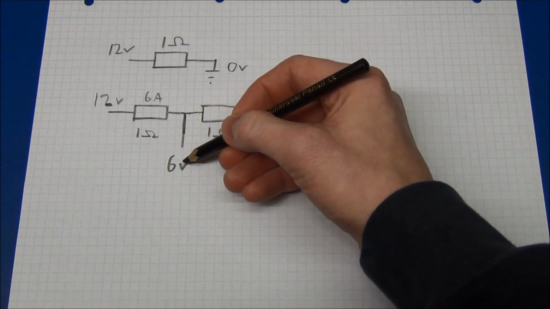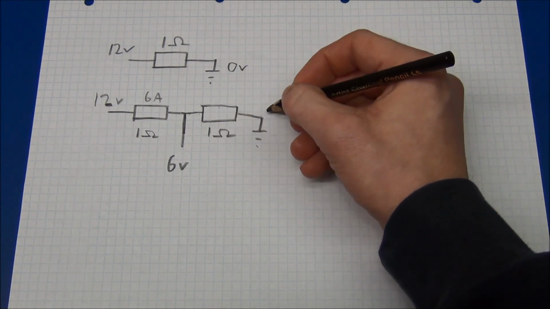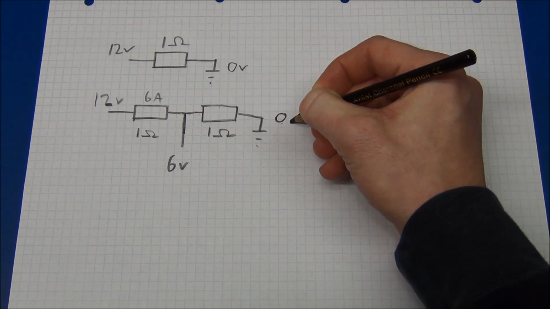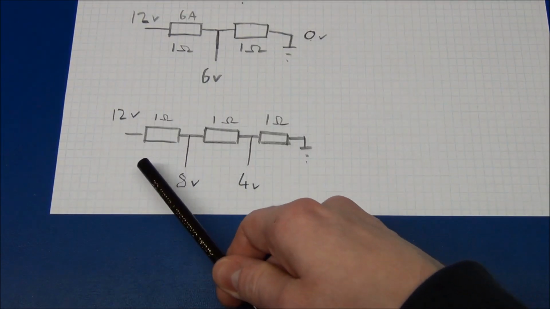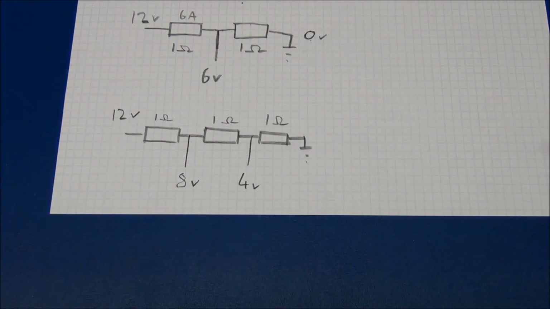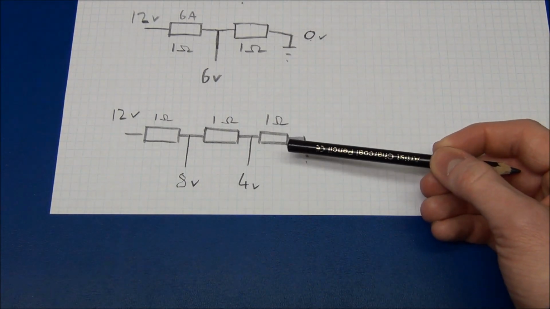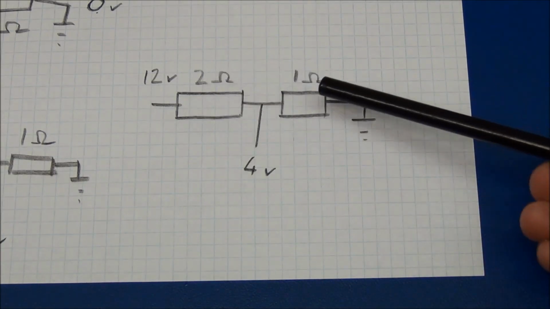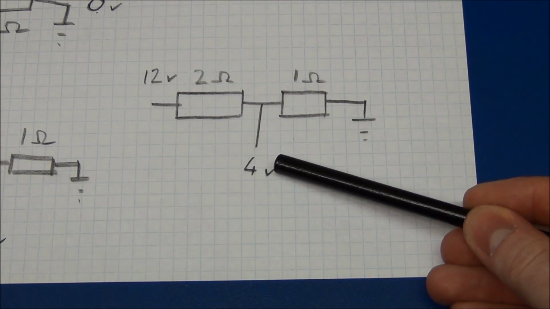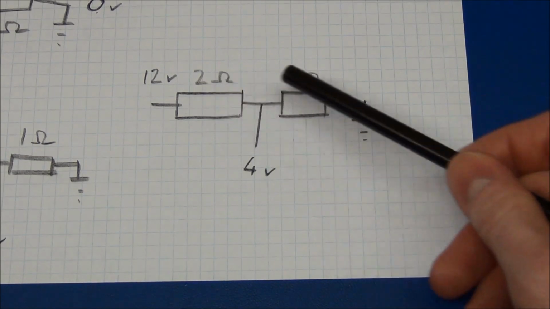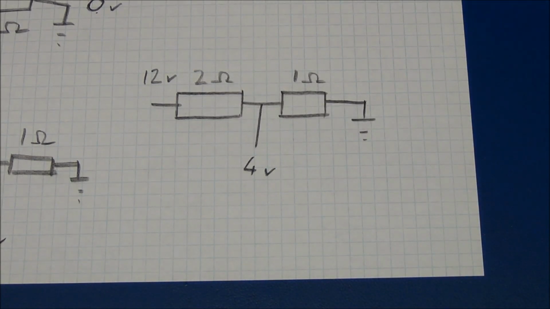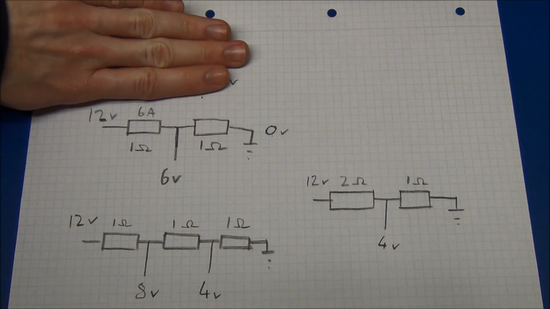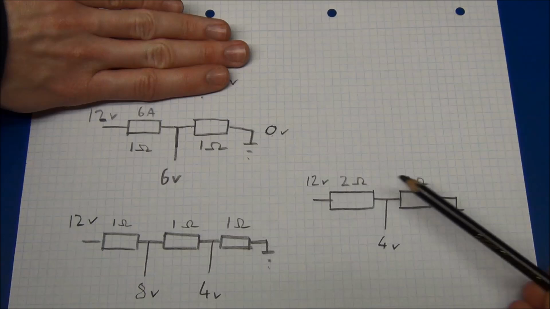And these 6 volts across 1 ohm will also drop 6 volts, and we're left with 0 volts at the ground point. And you might already have guessed how it would look with 3 resistors. You could add a million resistors and it will still follow this pattern. And if you use different value resistors here, the voltage in the middle will be set by the ratio of the resistance. So all these, except the first one, can be called voltage dividers, because they will divide down the